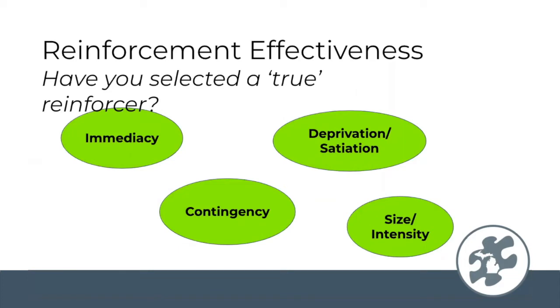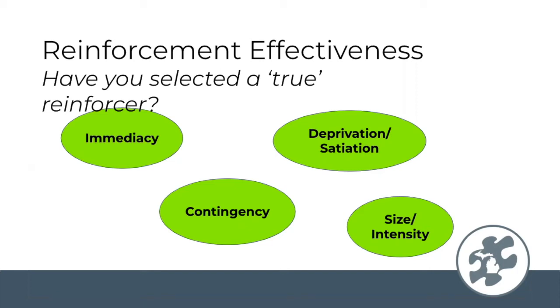What we believe to be a reinforcer or preferred by somebody may not truly be what motivates them. We need to figure out what are they motivated by and what would they be encouraged by to change their behavior. They're not going to do it for no reason. They're not going to do it just because you told them they need to. So reinforcement effectiveness. Have you selected a true reinforcer? To be able to determine this,